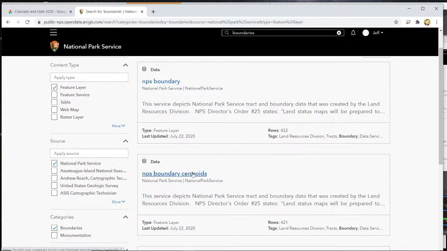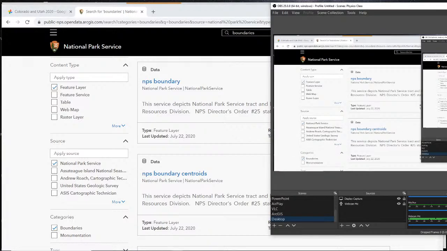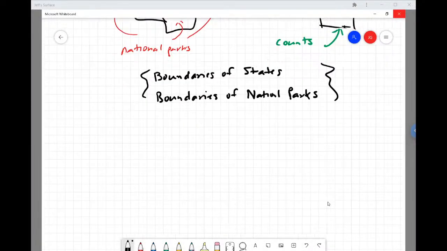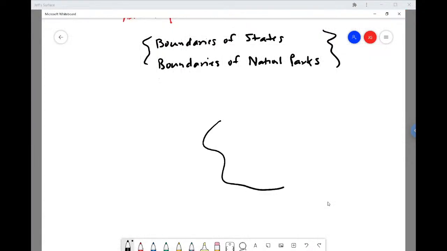Here's centroids. So centroids are points. They're not polygons, they're points. It's like, if I had a polygon representing the border of something, a centroid would be a point that's sort of the center of mass of that area. And so centroids show the locations of features,